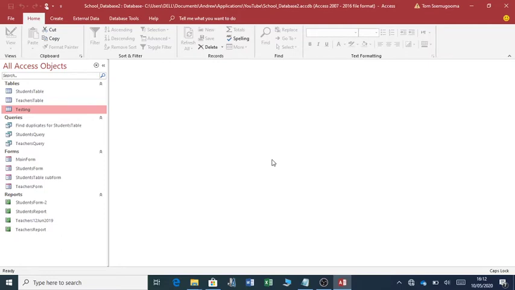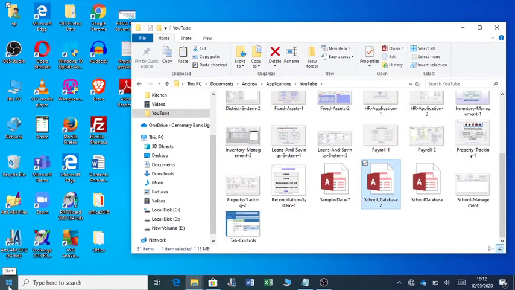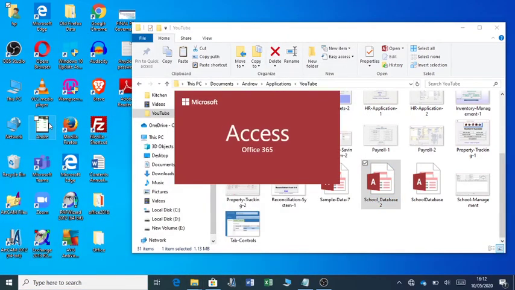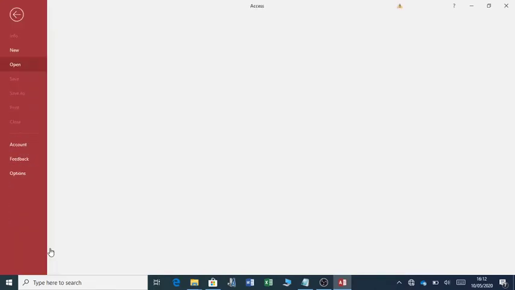However, you might want to unset the database password, and that process is called decryption. So I'm going to show you the process of decryption, or unsetting a database password. So close here. Again, you go through the same process. Start, Access, Open Other File,